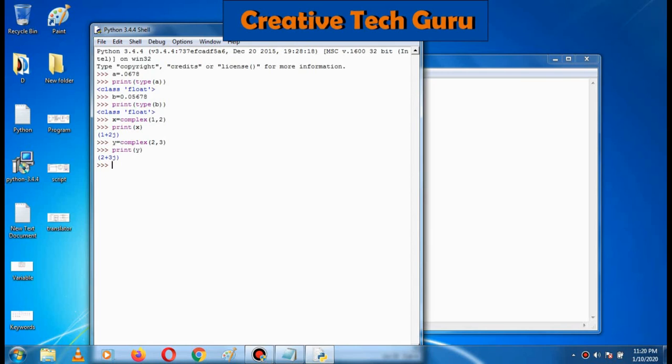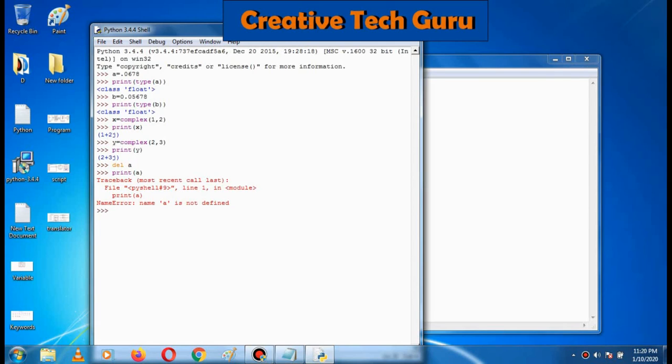For example, del variable name, that is a. Now the value of a got deleted. If you print a, it will show you an error because that value got deleted by using the del keyword.